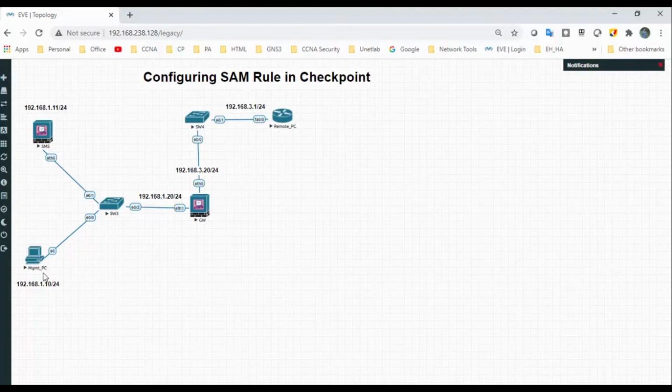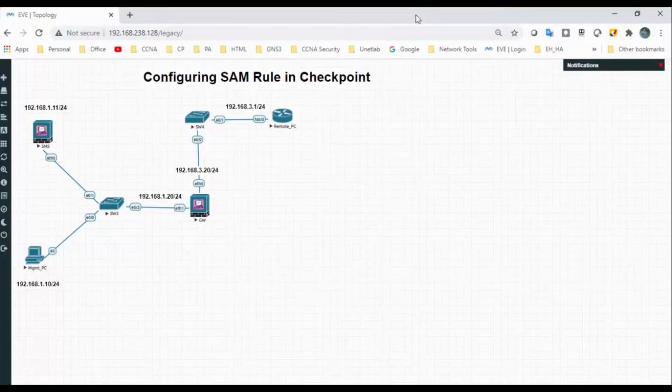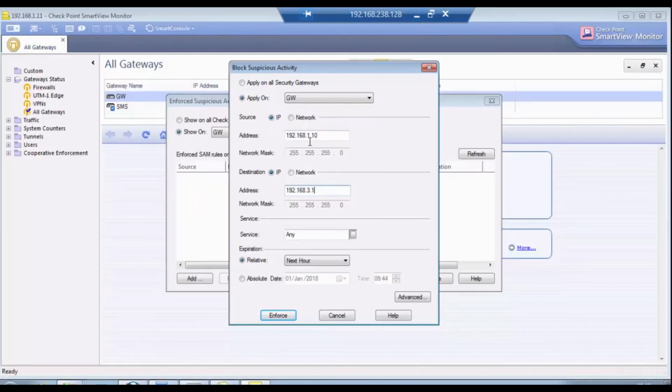My management IP address is 192.168.1.10, and my remote PC is 192.168.3.1.